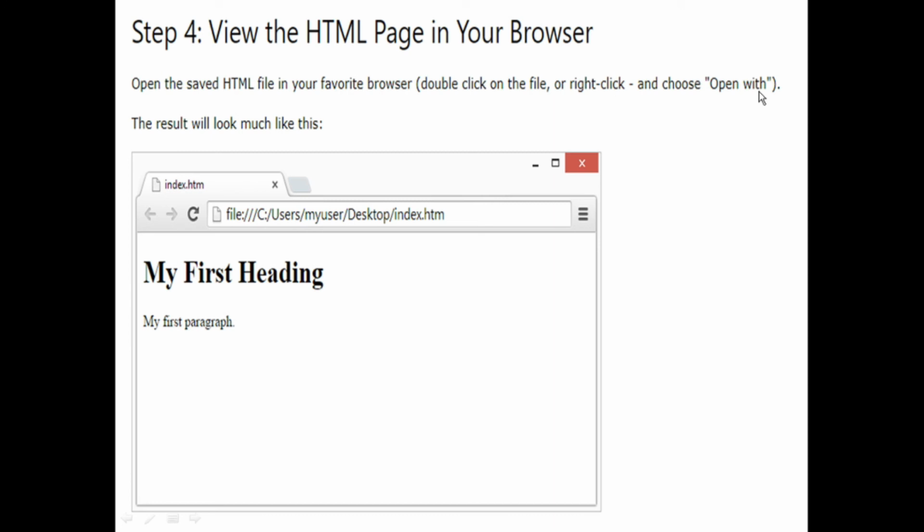As I showed you in the example where I created the first program, if you double click on it, it will open with the default browser of your PC. Otherwise, if you don't want that browser, you can choose any other browser using open with. You can use Chrome, Internet Explorer, Firefox, Opera, anything. After you have done either one, the web page that has been created will be displayed.